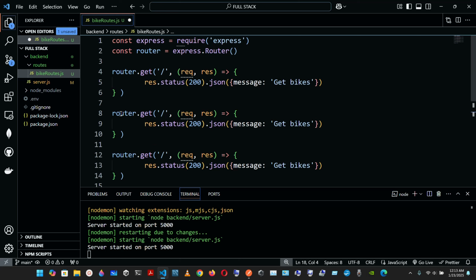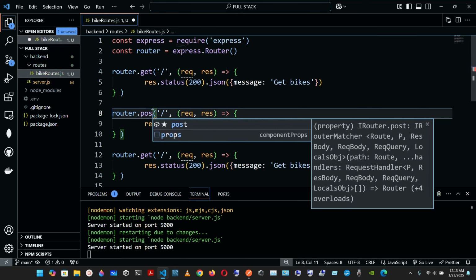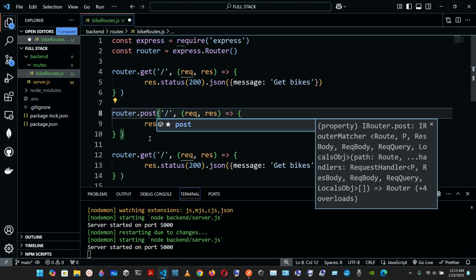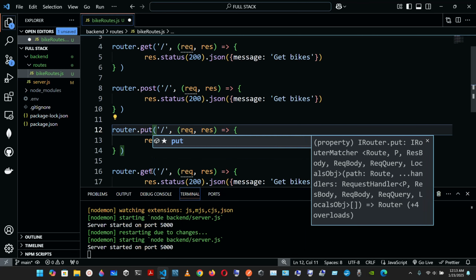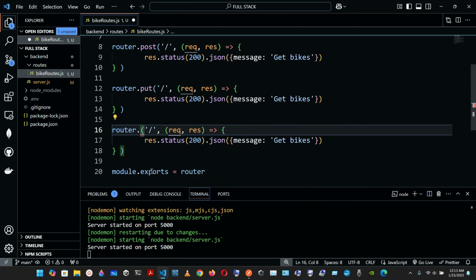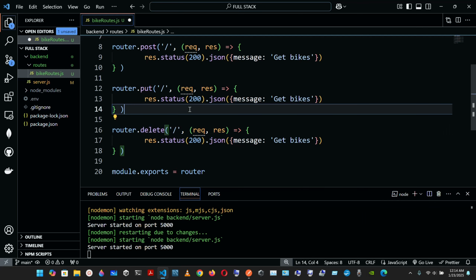So we need router.get, router.post is gonna be this time to create. This one is gonna be router.put, so to update it, and finally router.delete. Okay, so let me see, delete like that, and